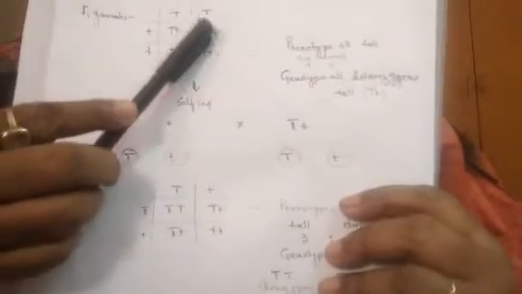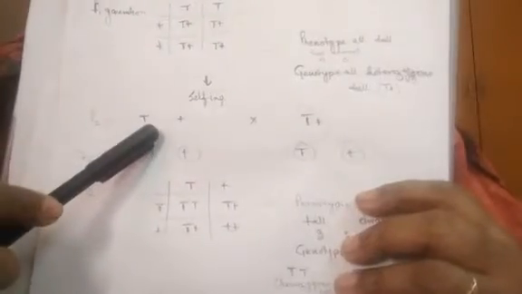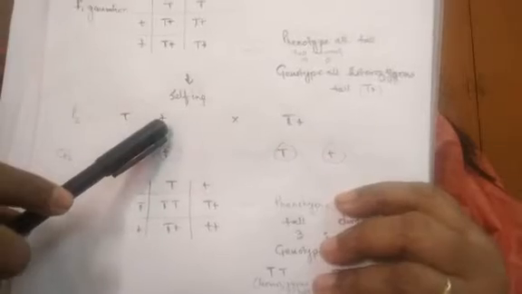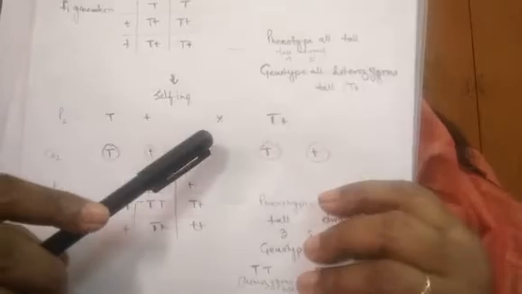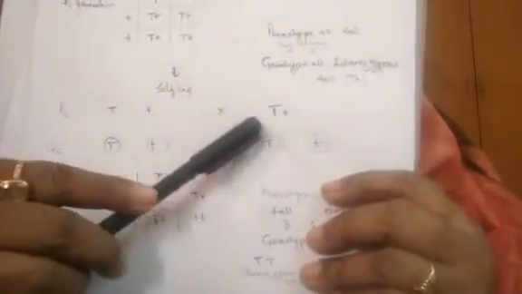So for the next generation, they are selfed. Clear? Now the parent is capital T, small t, because these are the parents for the next generation. They will grow the plants and form the parents. So all will have capital T, small t. Here both the parents will have capital T, small t. So it is a cross between two heterozygous tall. Clear? It's a cross between two heterozygous tall, and this is selfing.